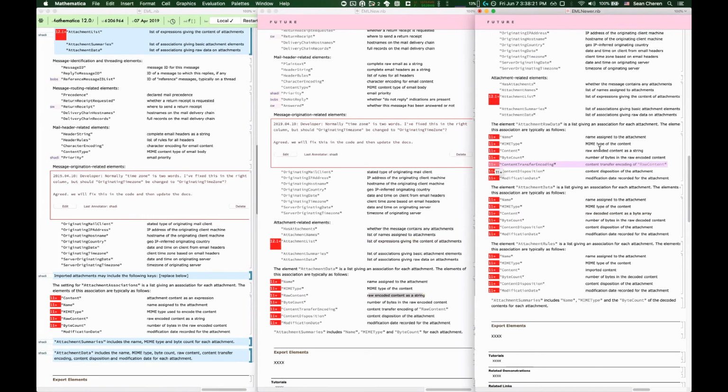But so if you decoded it, you still want to know the MIME type. Yeah, you need the MIME type. Yes. Yeah, you need all that stuff. Now we have a good conversion from MIME type to format too. So hypothetically, I could also add a field that interprets the MIME type as its Wolfram language format. Okay. So each one of these